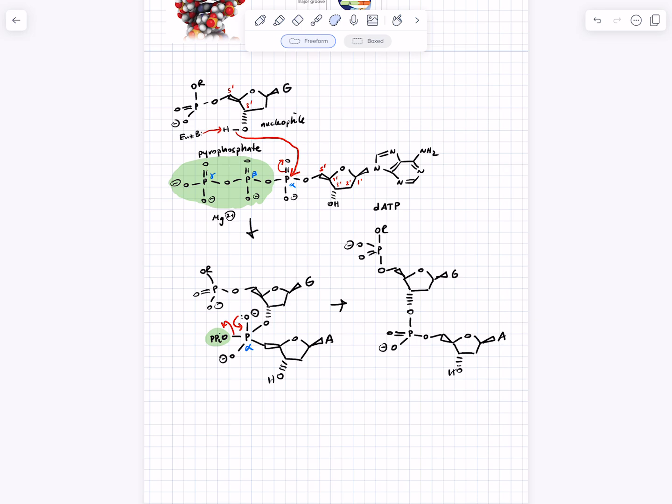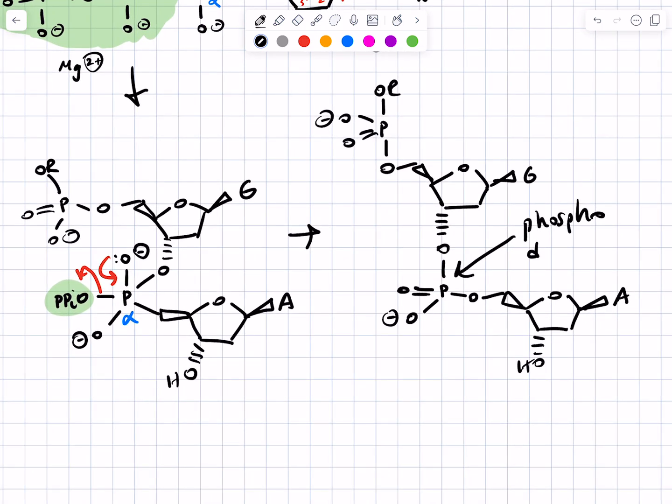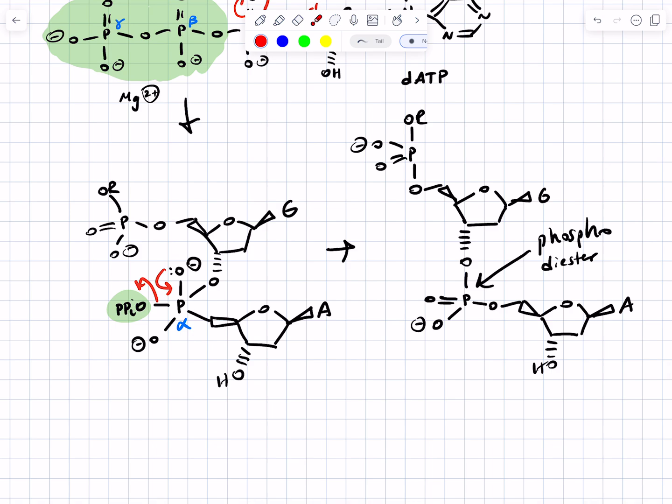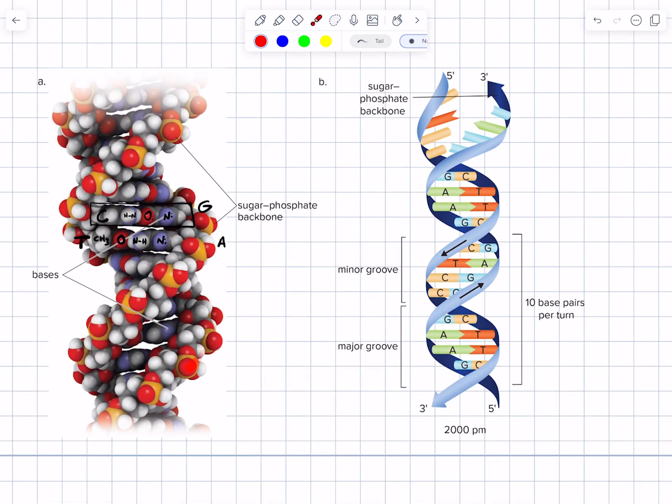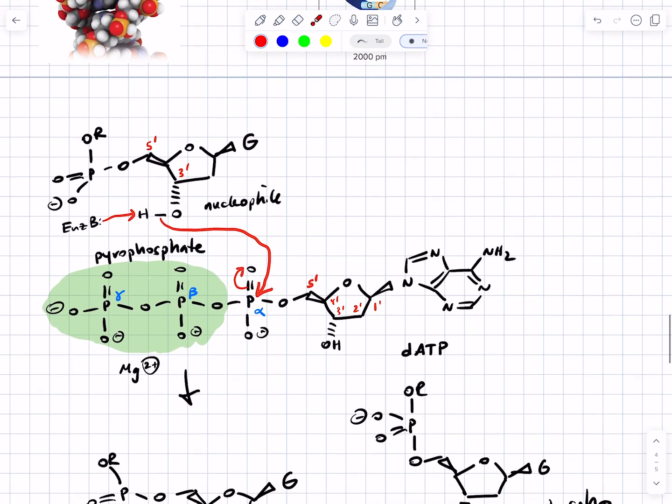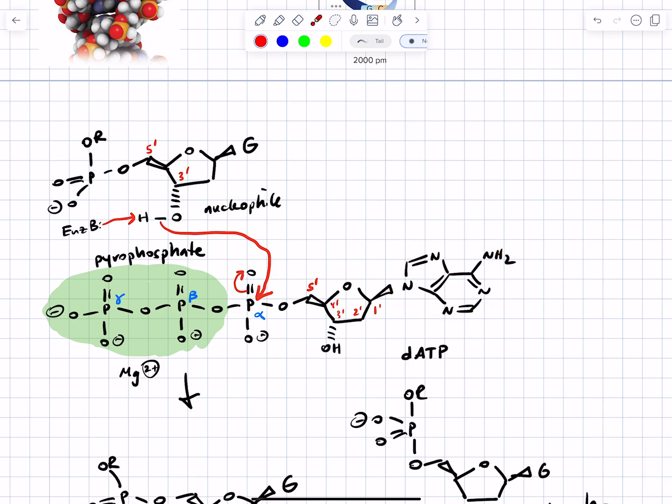Notice that this functional group here is called a phosphodiester because there's 2 OR groups attached to the phosphorus. Notice that the phosphodiester backbone of this oligonucleotide is negatively charged. And so when you look at double helix DNA, you now have an explanation for why the sugar phosphate groups are on the outside, because you've got the negatively charged phosphate groups and the polar groups on the sugar. And you've got the neutral, more hydrophobic bases, still pretty polar, but more nonpolar than the sugar and the phosphate